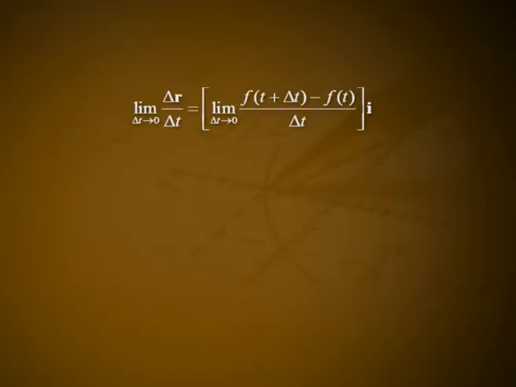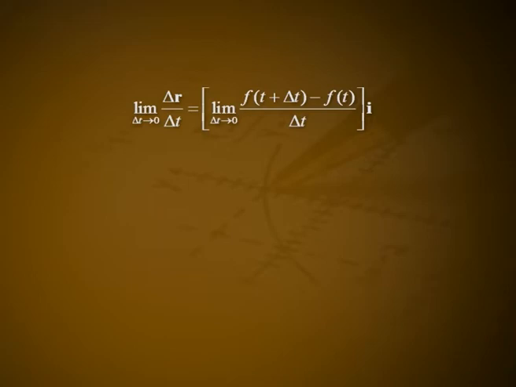As delta t approaches 0, three things seem to happen simultaneously. First, Q approaches P along the curve. Second, the secant line PQ seems to approach a limiting position tangent to the curve at P. Third, the quotient delta r by delta t approaches the following limit: